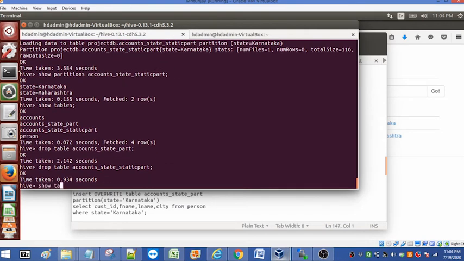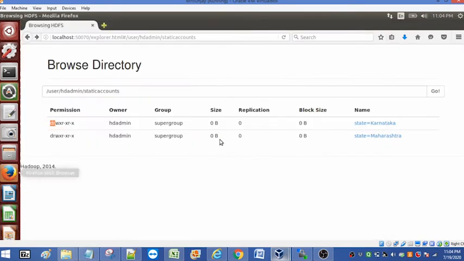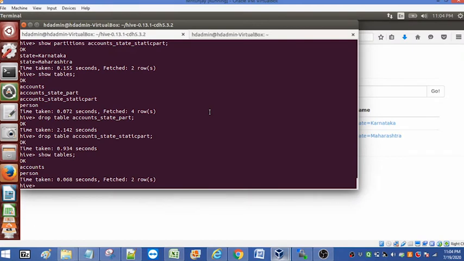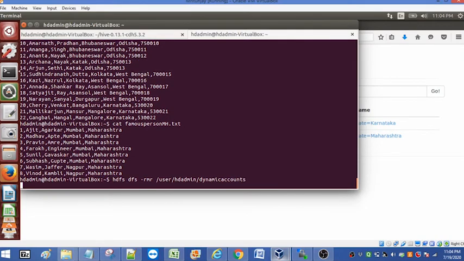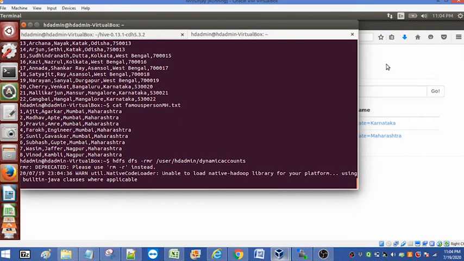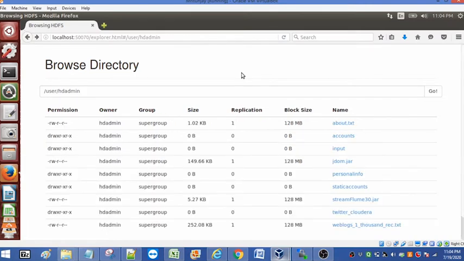Show tables. We'll go to the browse file system. Here we'll drop the folders also. We don't need the folders now because we are going to create them again. Whatever folders are here, we'll come to the directory and remove the static accounts folder.